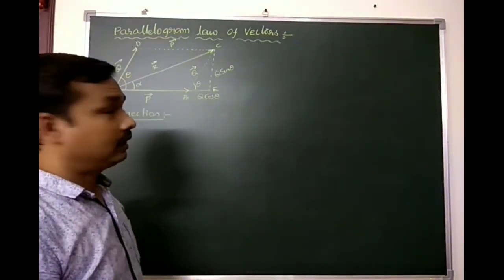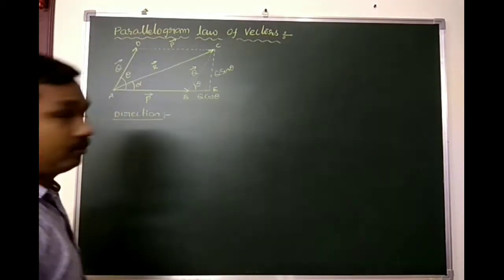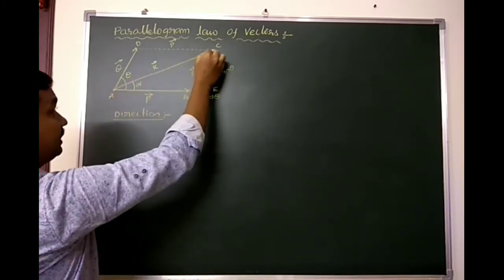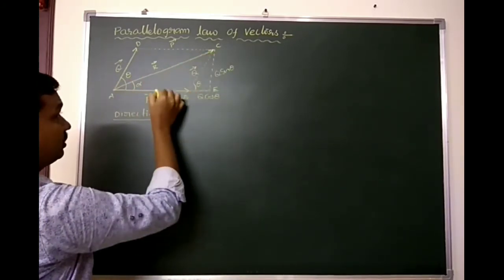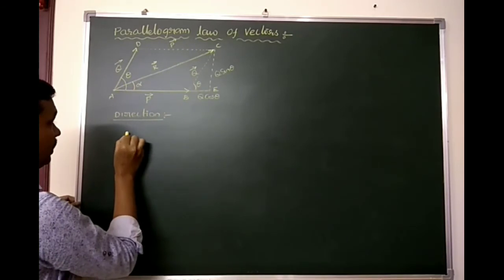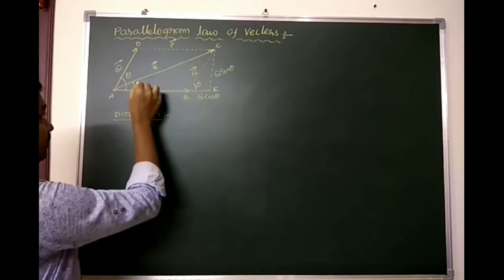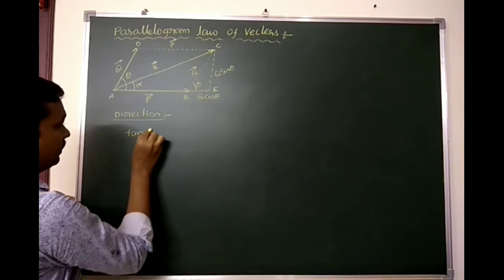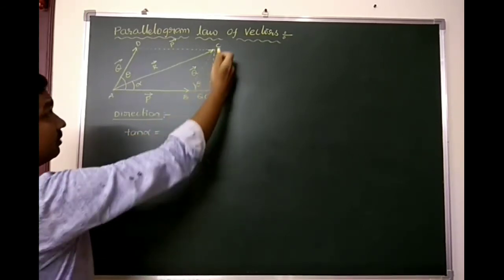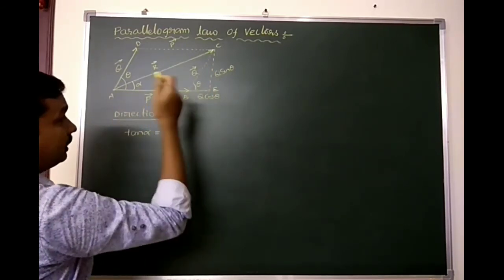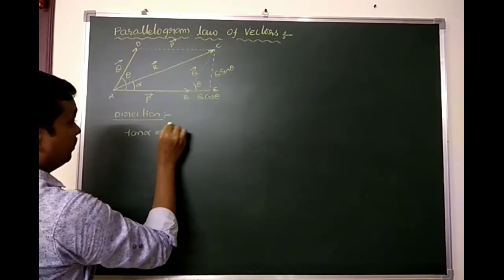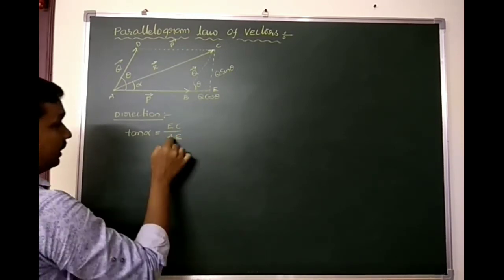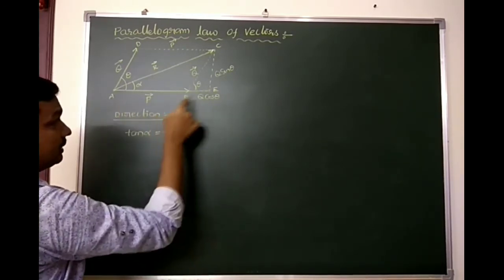Now we completed the resultant magnitude. We have one more thing: we can find the direction of this. This is the resultant direction, which is making an angle with the horizontal line, alpha. So we are going to find a relation for alpha. I am considering tan alpha. Tan alpha is equal to opposite divided by adjacent. So here we will get EC divided by AE. AE can be taken again as AB plus BE.